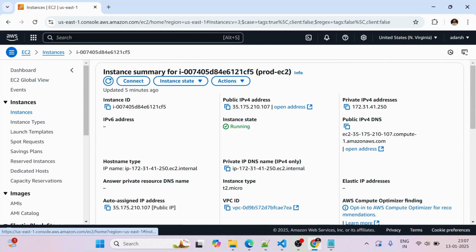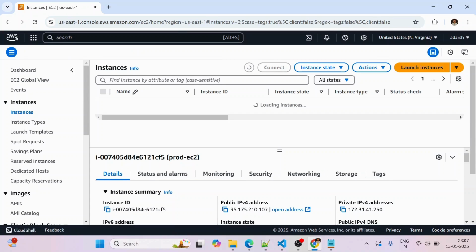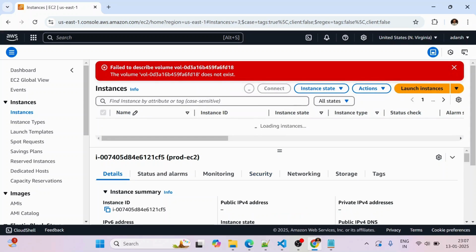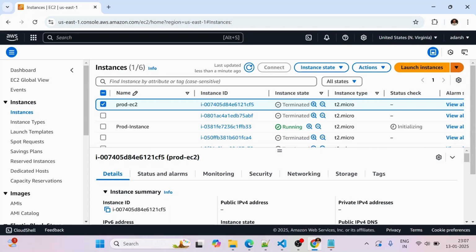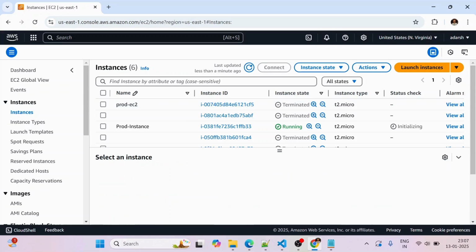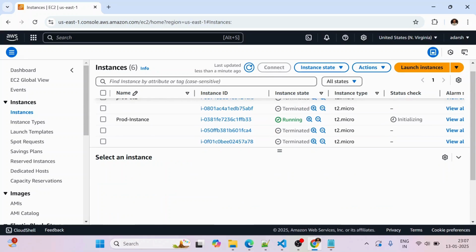Go to the instances. As we can see here, prod-instance is in running state and the status check is initializing.